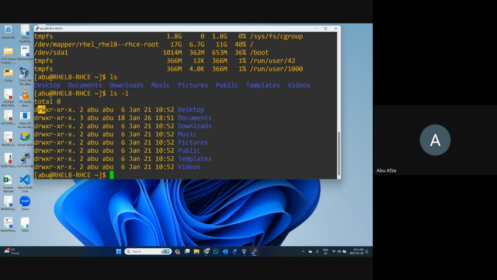If you set write permission, then anyone can read and write it. If you use the X permission, X means execute, then everyone can execute that file. If you give all the permissions, read, write and X, then anyone can do everything.